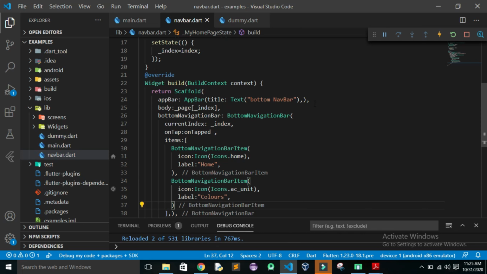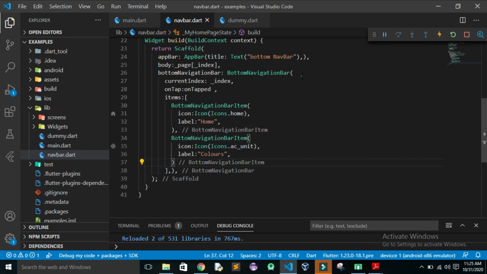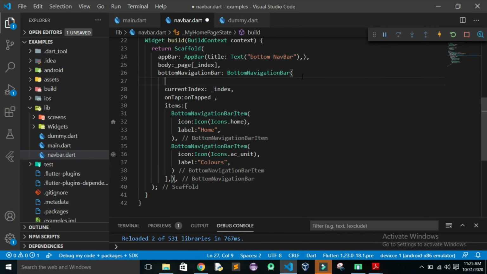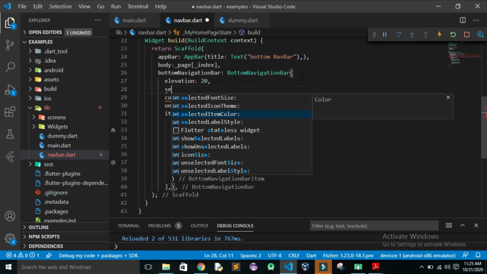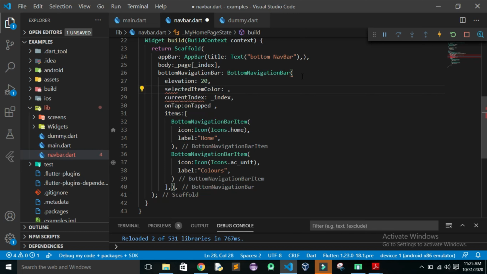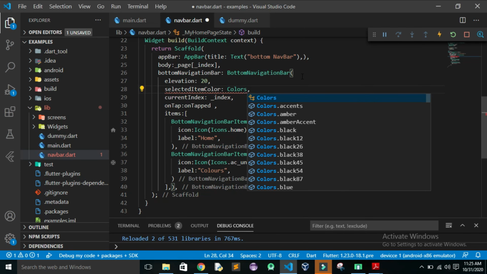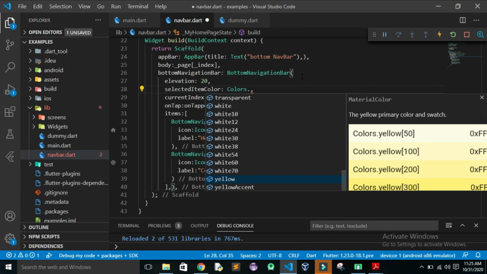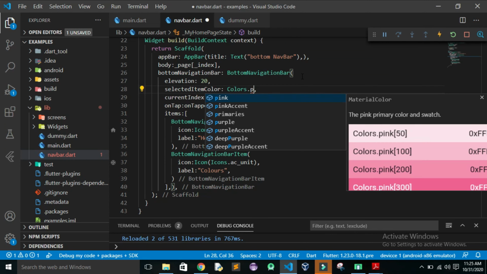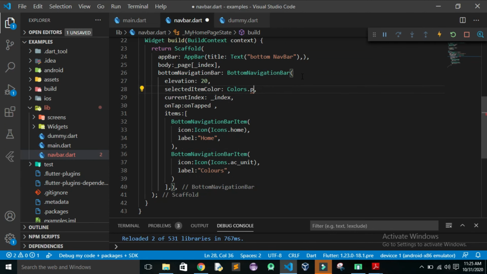And now you can also add a few changes to this bottom navigation bar. So for that we can add elevation, and once we provide elevation, it will add kind of a lifting effect in it. And after that we have selected item color, and if we want our selected item color to be colors dot purple, okay, not purple, we'll change it to black.